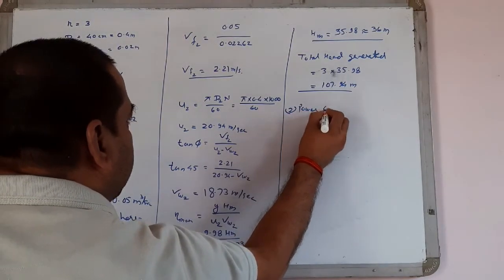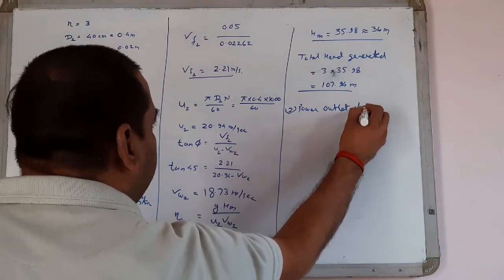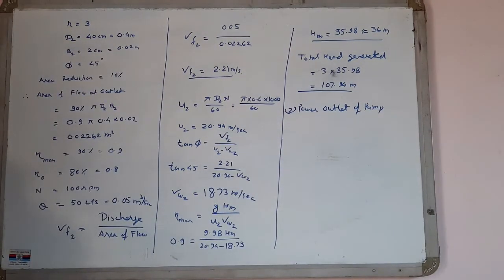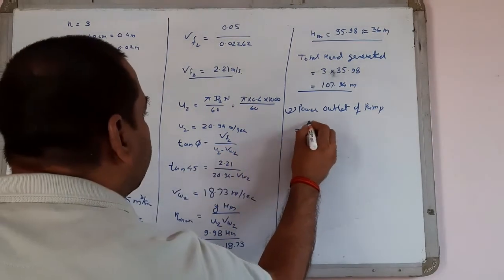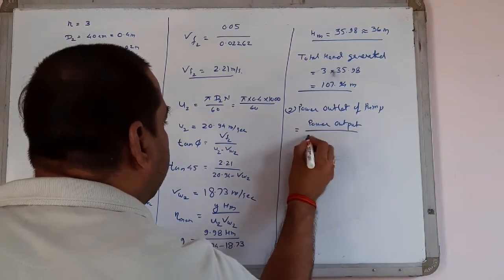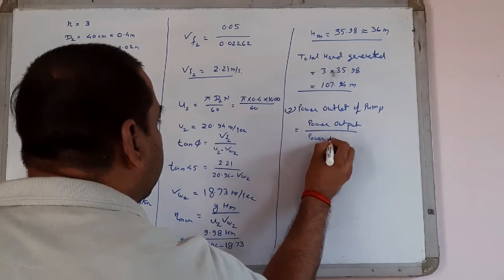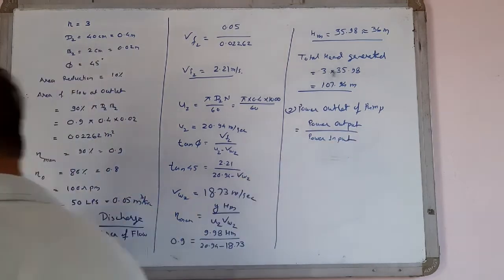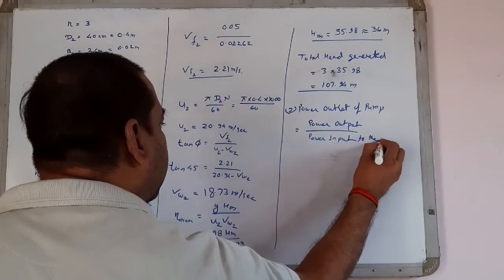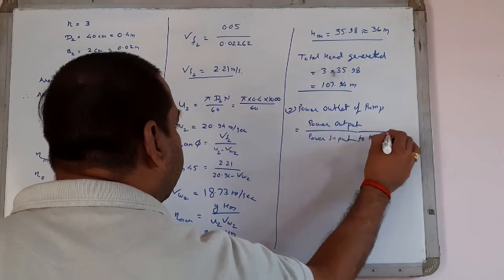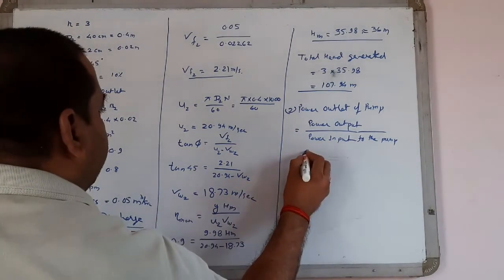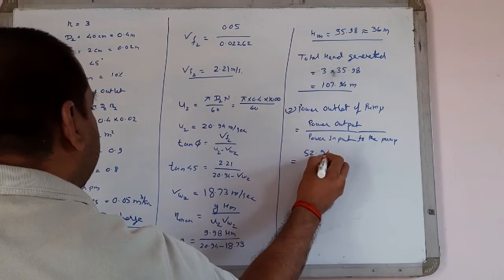Now the overall efficiency of the pump, that is power output of pump by power input to the pump. So the values are here. This is